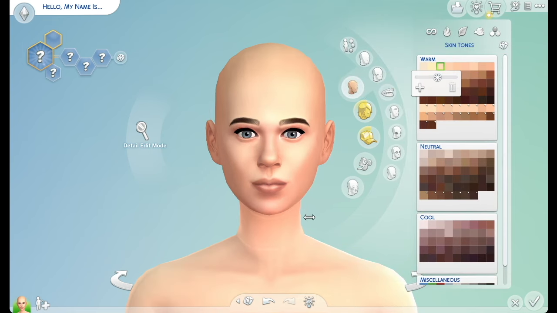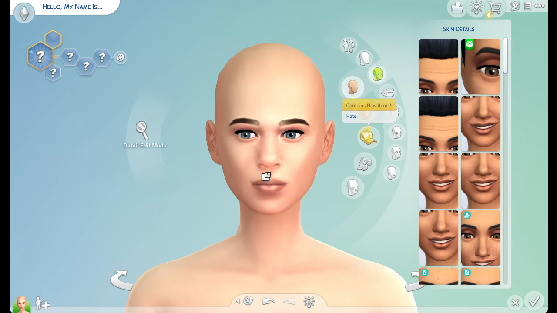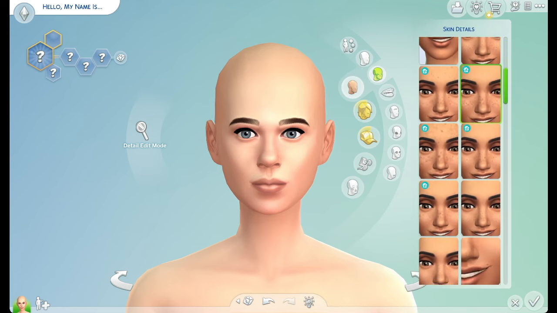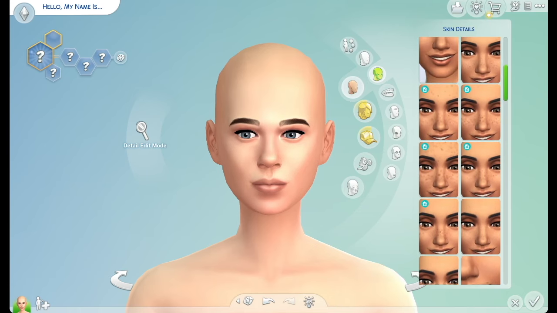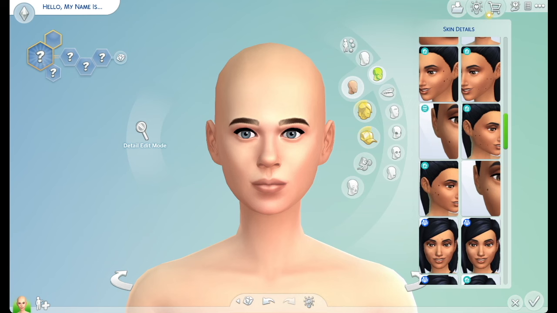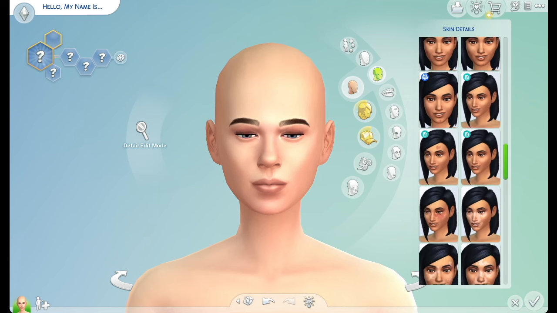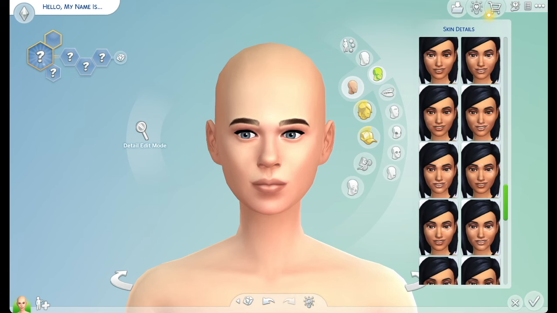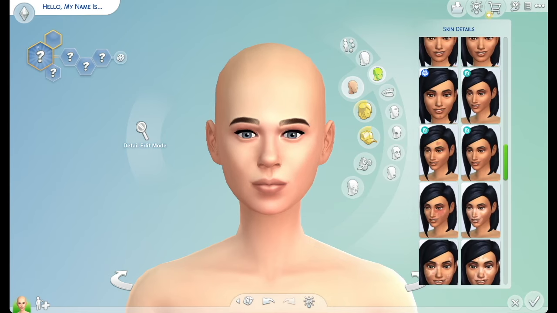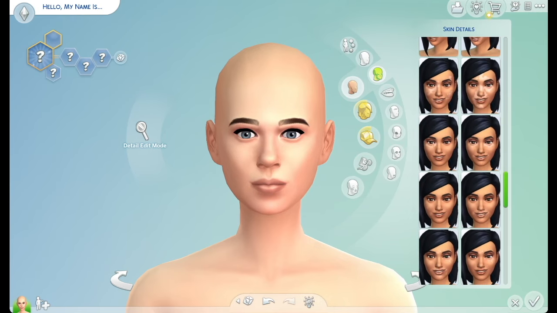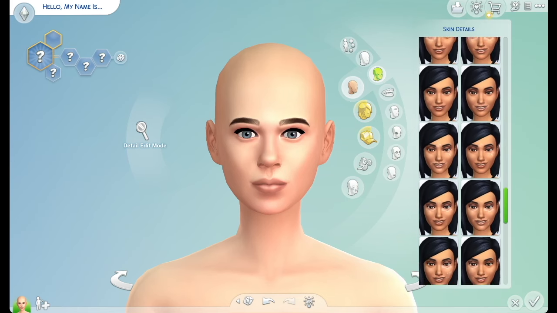Okay, I just went ahead and tweaked her up a bit, changed her skin tone and everything. I might even change her hair color in just a minute. But skin details, we do have a lot of them if you own a couple of the packs. Like for example, with Growing Together, we got so many that are so cute to add to your sim. And also we do have some base game ones like the birthmarks. There's only one that came with Growing Together. But we also have